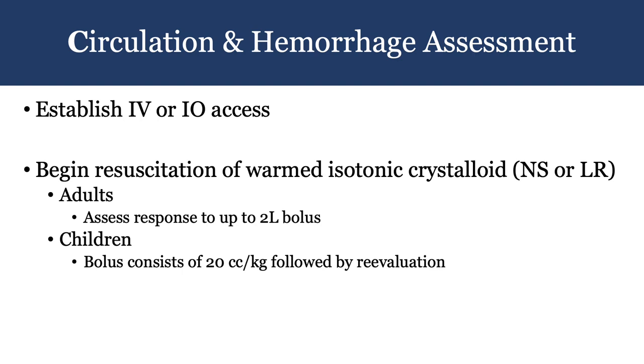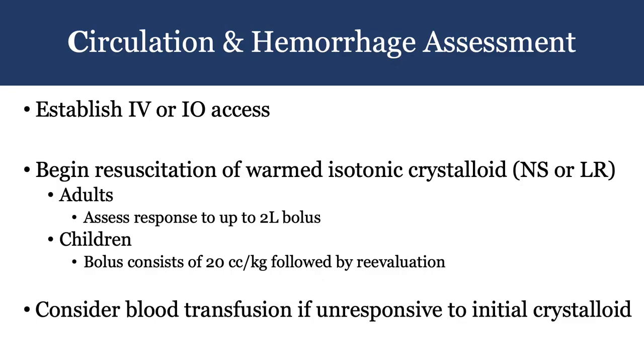Please be very careful and look out for resuscitation in isolated head injuries. Usually, we want to maintain a perfusing blood pressure of 90/60 millimeters of mercury. So tailor your resuscitation to the response as guided by the blood pressure and other clinical signs. In children, we give a bolus that usually consists of 20 ml per kilogram, and then we constantly reevaluate and see if they have an increased need for